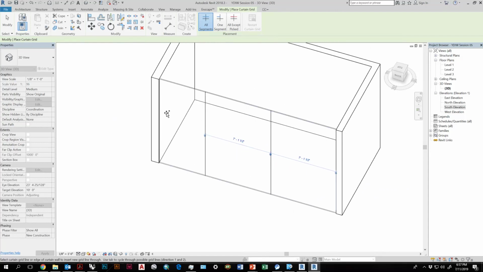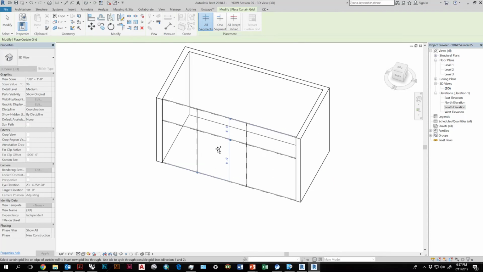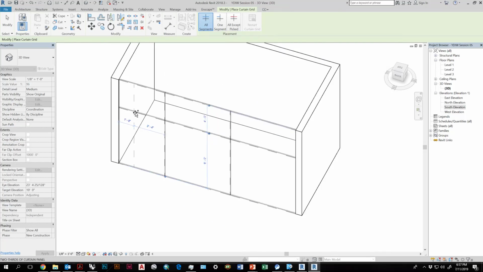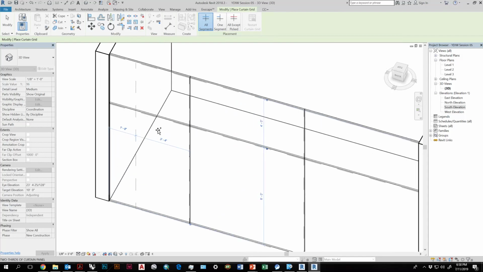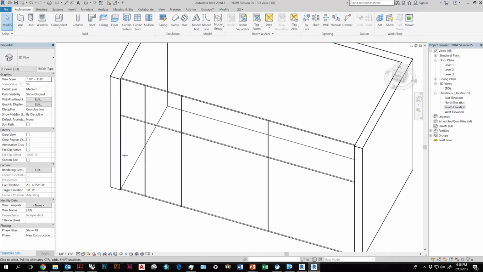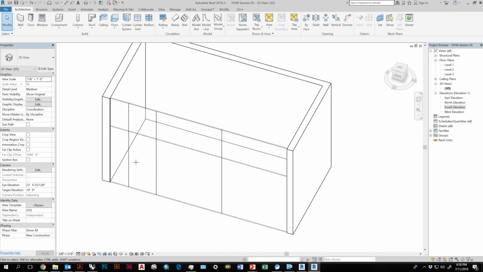So those are grid lines, right? So there are no mullions there yet, but that's where mullions would be attached to if you were to place mullions in the project. You can also create areas where your door can go inside a curtain grid. And I haven't talked about doors or windows yet, but this is how you can really go in and fine-tune the details of the model. So let's say I've placed a curtain grid here and I want it to move to exactly 3 feet from that line. You can do that. So now it's 2 and 3. So that's, let's say that's where a curtain wall door will go.